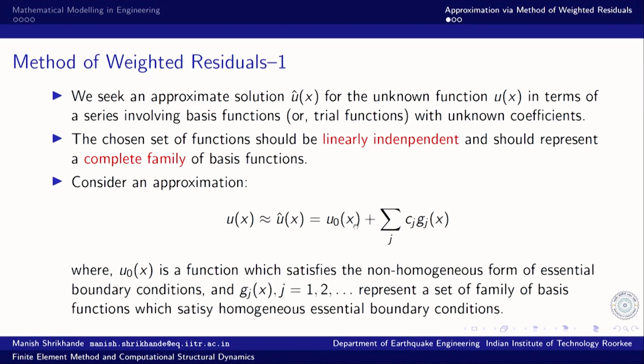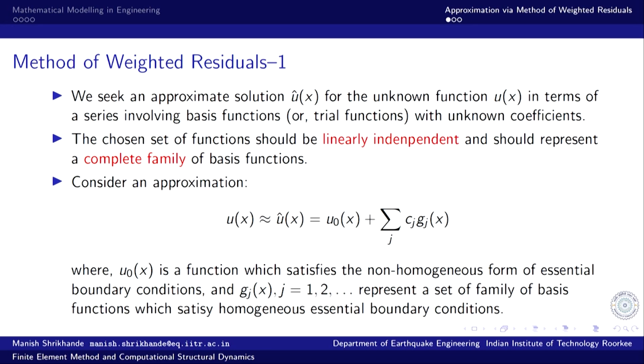Now, the quality of approximation obviously depends on how we minimize these errors. That provides us the required conditions for how the coefficients Cj's are to be evaluated. Cj's, keep in mind, are unknown coefficients of approximation. So, u0 here is known because that comes from the boundary condition of the problem. Gj are the known functions, the basis functions we have assumed. Cj are the unknown coefficients of this summation, we do not know what these coefficients are.